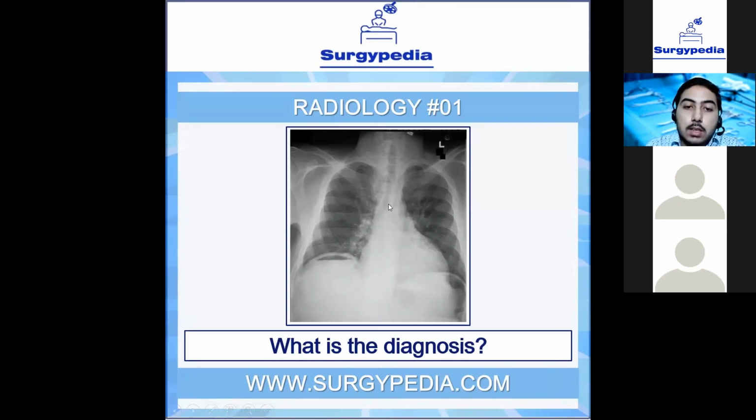So how would you know that it's gas? Because the lungs contain what? Air. Air is nothing but gas, air, everything is same. So they appear what on X-ray? They appear black on X-ray. So normally we cannot have anything black here. It's going to be white.